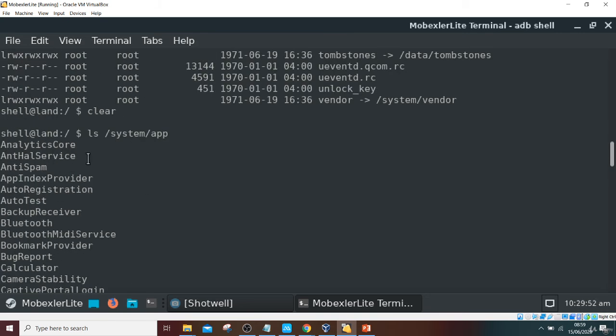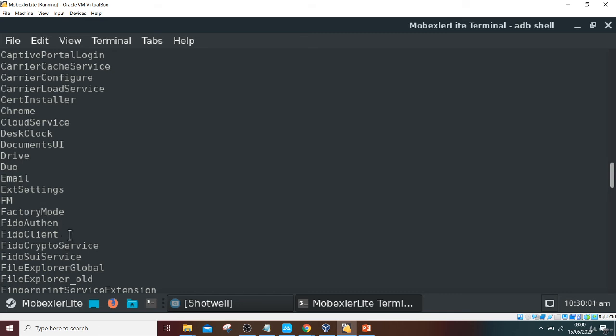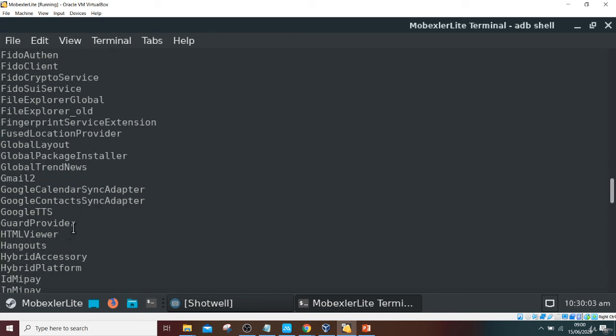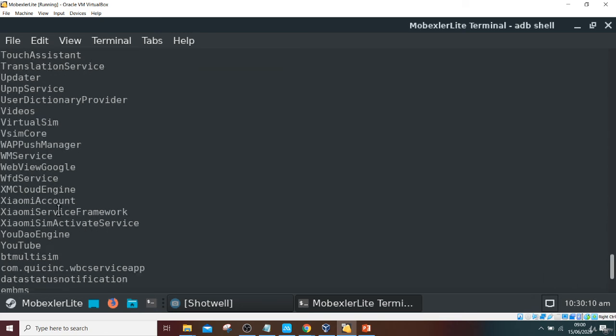That means it has normal access rights. It does not have root access rights. As you can see, there is a calculator, and by default Google's Gmail. So these are pre-installed apps which you can see in your system app.